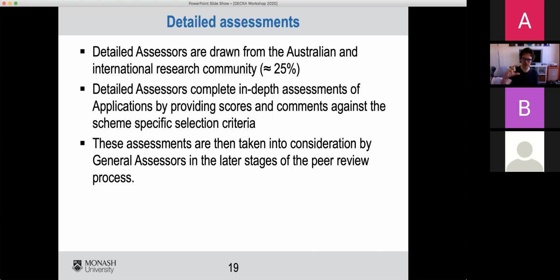So for each of those selection criteria, when someone writes an ARC assessment, they have a little box in which they write a comment or a small paragraph explaining their score for that selection criteria. And then those assessments are taken into consideration in the later stages of the peer review process in combination with your rejoinder.